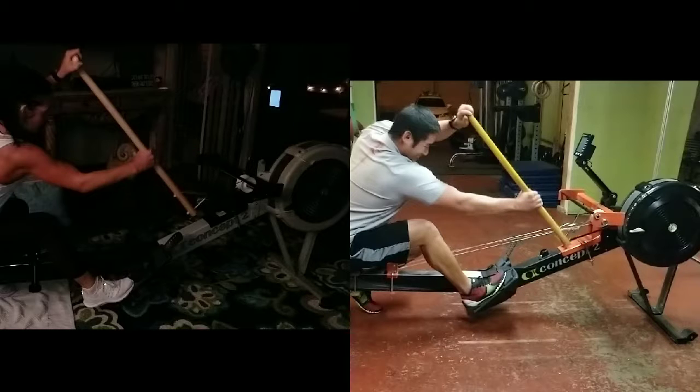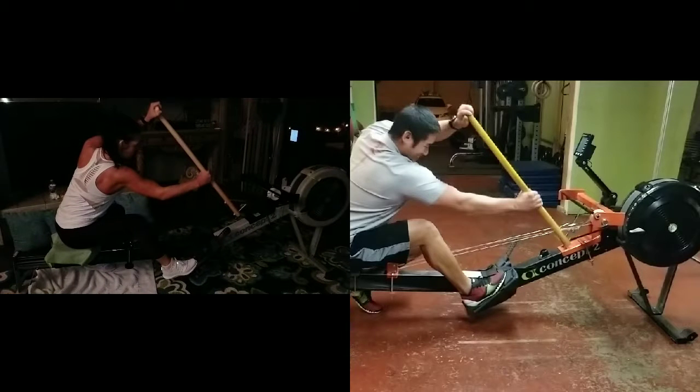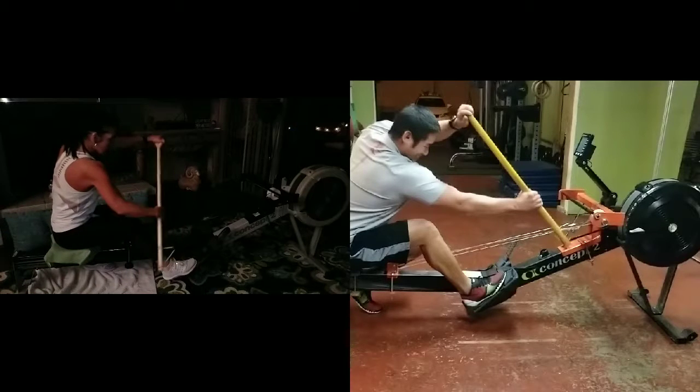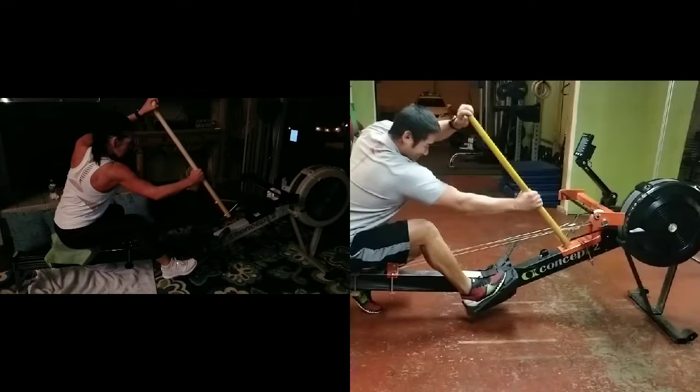Okay, so I'm going to stop this video here. I don't know if you have any other questions. I think the biggest thing would be when you start retwisting, and it lends itself to what you're seeing with how your top arm gets positioned in the catch. So I'm going to hop on the machine now and then